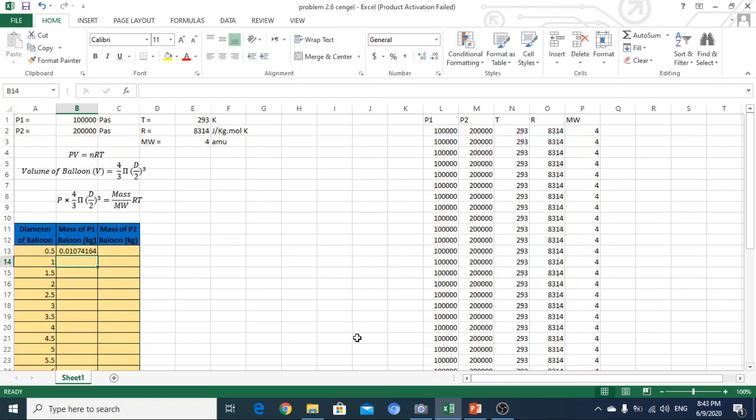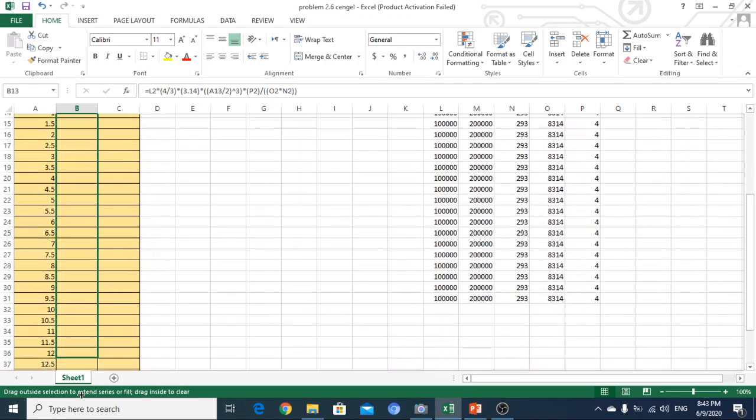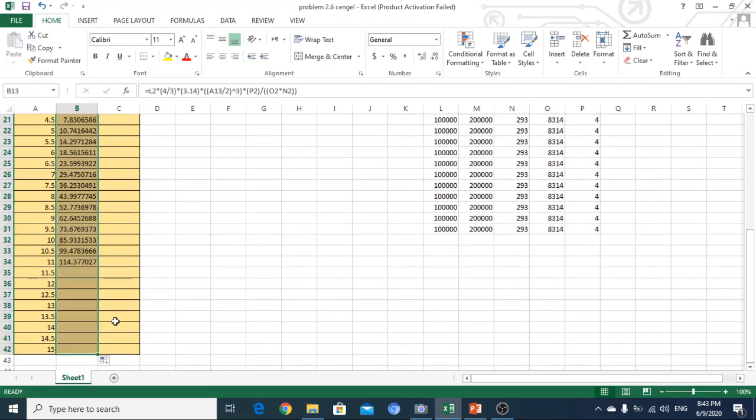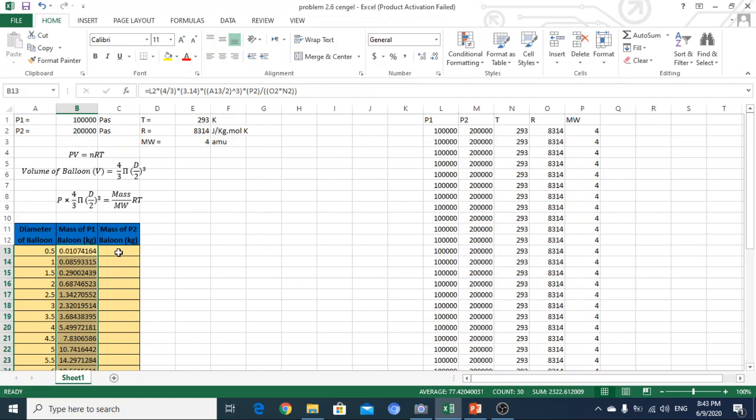So this is the final value we will get here for pressure 1, and we extend it to 15 meters diameter. Again, we will develop the similar formula for pressure 2, which will be like